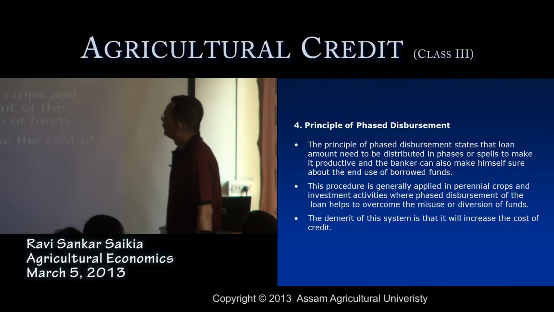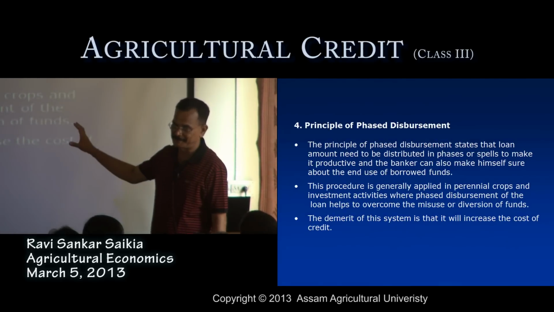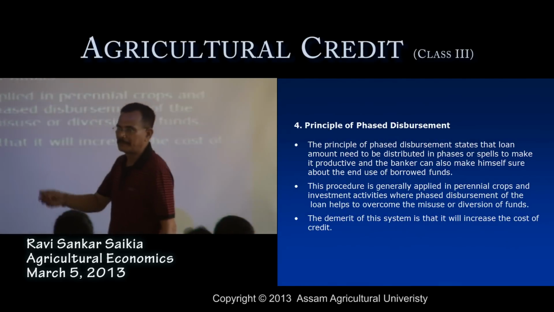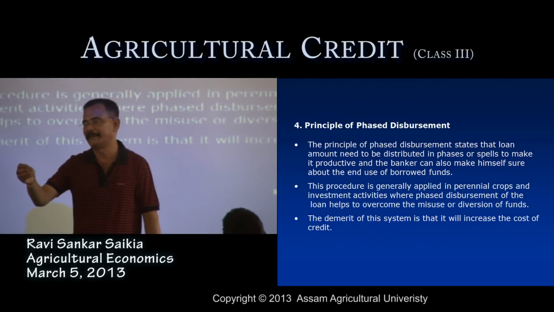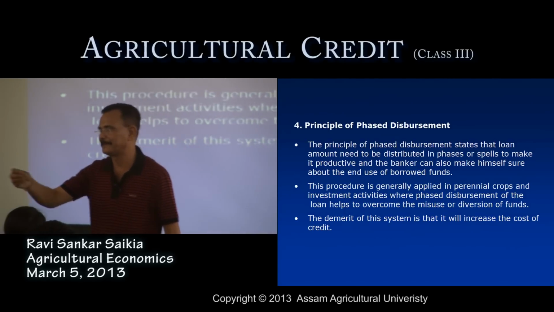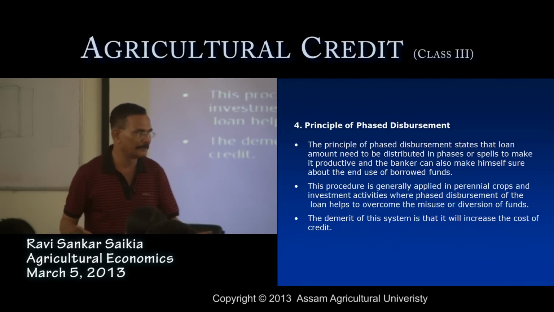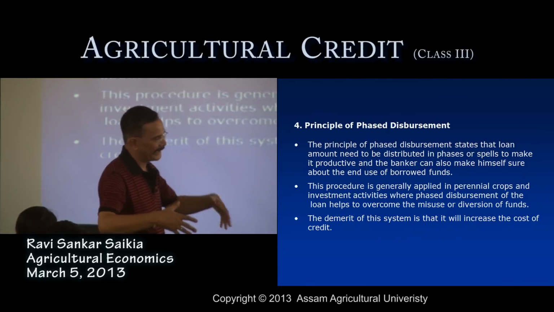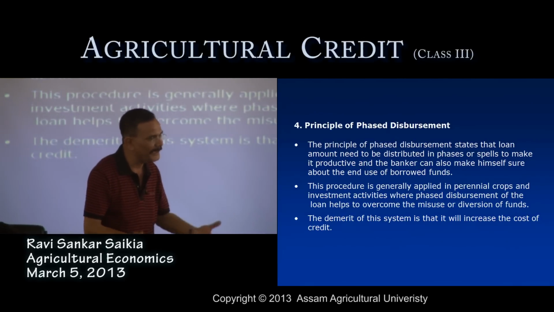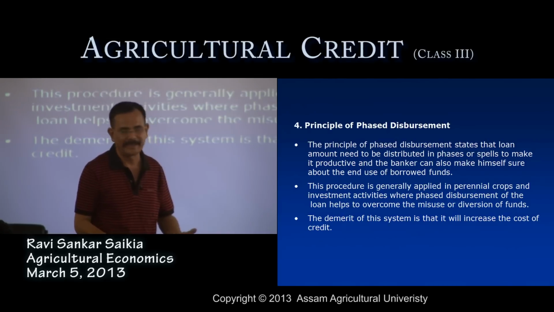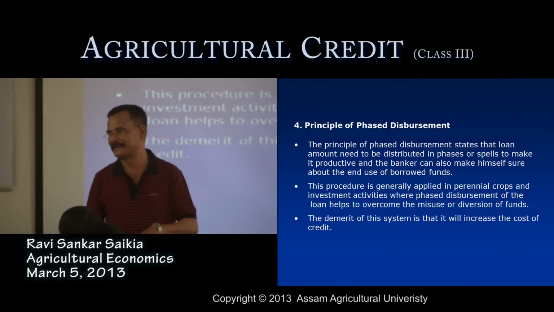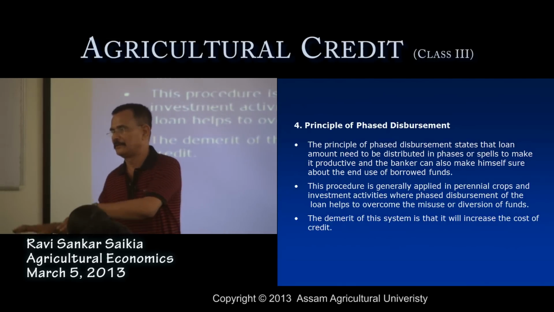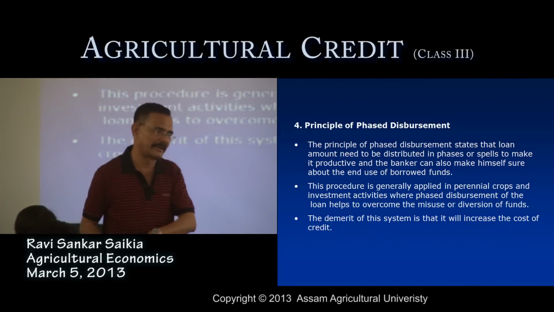And you see the principles of the next phase, disbursement. In the case of a crop loan, the first thing is that a crop loan is generally given as a short-term loan. It is given for one crop season, in one installment. The entire loan can be disbursed by the banking organization, and the entire loan can be used by the farmer for purchasing basic inputs, and the entire loan amount is converted to working capital.